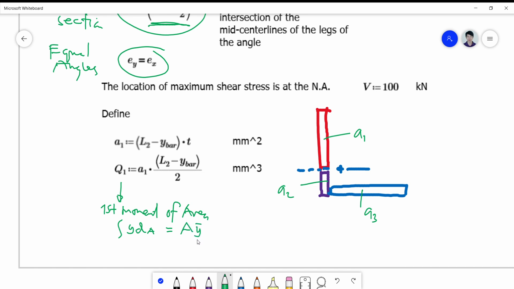Okay, so it's just an area y bar, and this area has a y bar equivalent to the centroid of this up to this point here. Okay, so this is my y1,